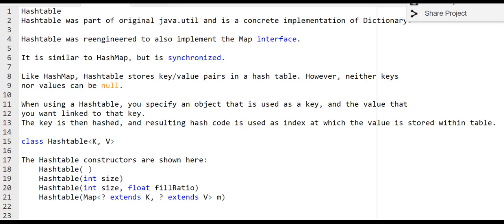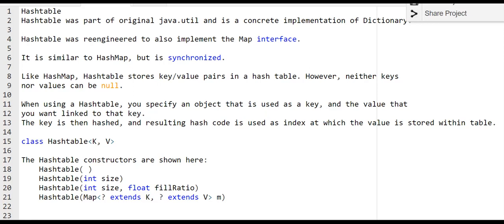The third version creates the hash table with size and fill ratio. So fill ratio can be between 0 and 1. And this fill ratio will determine when the hash has to be resized in the upward direction. Then the default value of the fill ratio is 0.75.